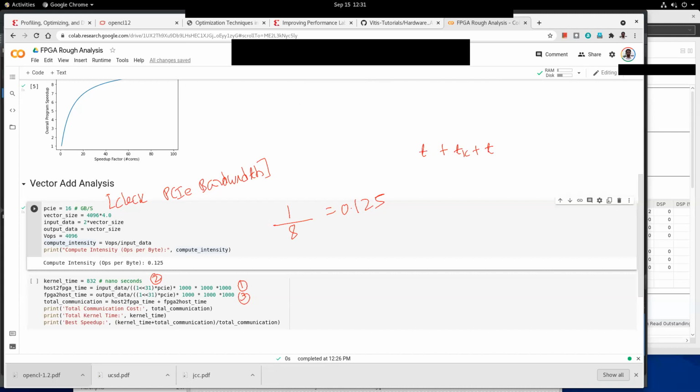So if you see here, T host to FPGA plus T kernel plus T FPGA to host time, this is the overall execution time.